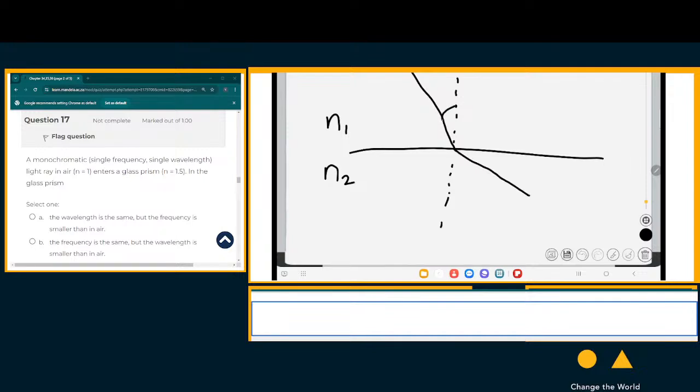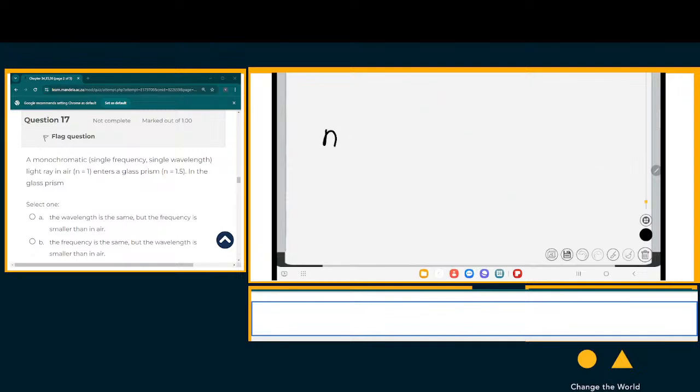Let's say this is the angle of incidence, theta 1, and this is the angle of refraction, theta 2. If this light ray passes in from medium 1 with a refractive index of N1 at an incidence angle of theta 1, then the light ray will be refracted, and the angle of refraction can be calculated using this law,